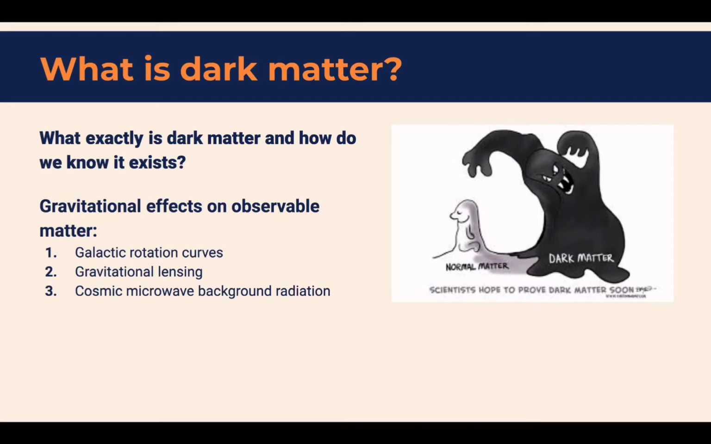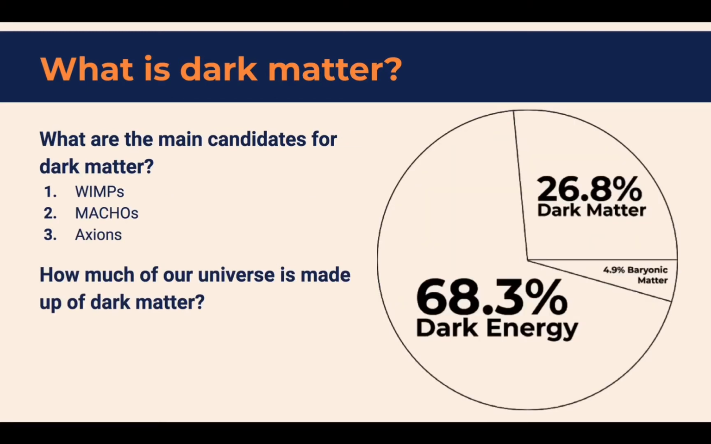These effects cannot be explained by our current theory of gravity unless there is more mass that can't be observed. Since dark matter is hard to detect, there's currently no definitive answer as to what it exactly is. We can infer some basic characteristics of dark matter, such as it should not interact with observable baryonic matter unless through gravitational forces. There are three main candidates for dark matter: massive compact halo objects, weakly interacting massive particles, and